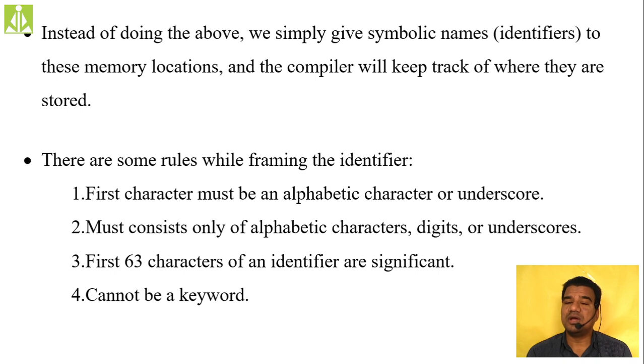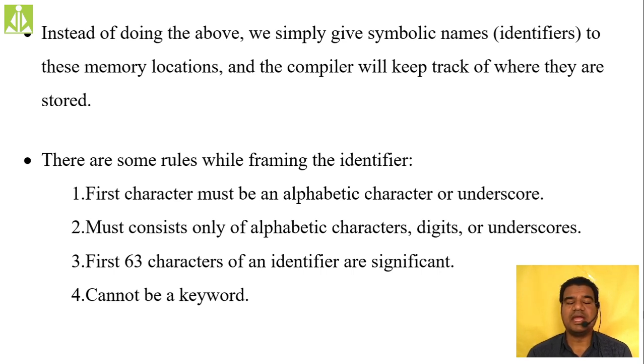But if you violate these rules, whatever rules we are discussing, they are like conditions, they are like constraints. If you violate these rules, definitely your compiler will not accept such a thing and it will generate an error. So if you violate these four rules, your compiler will generate errors. The first rule, we said the first character of your identifier must be either an alphabet or an underscore. It should not be a numeric value. Okay, that is the first thing.